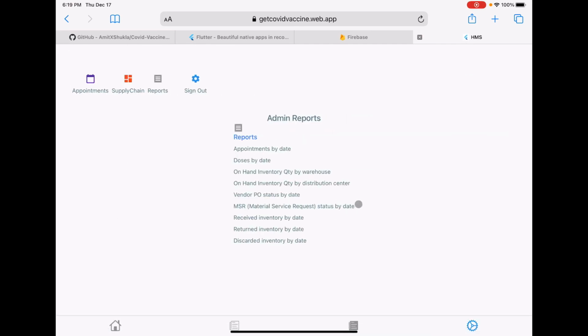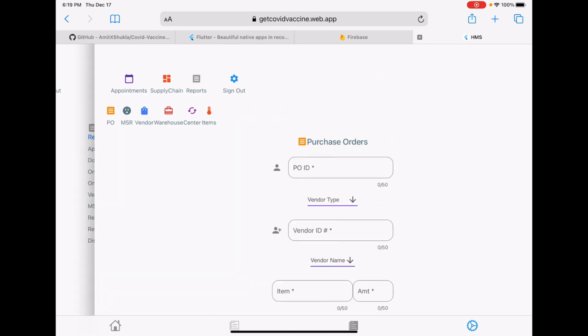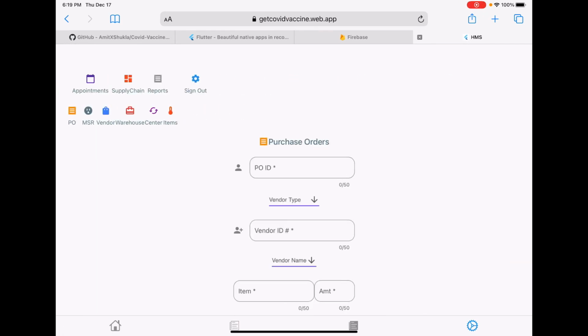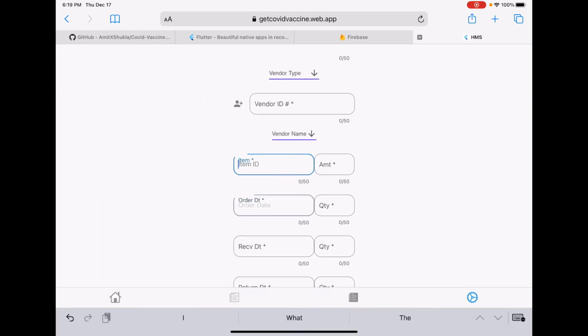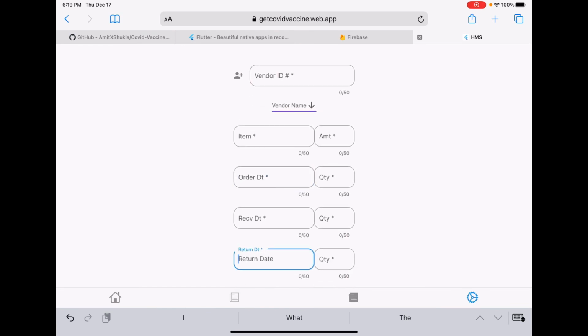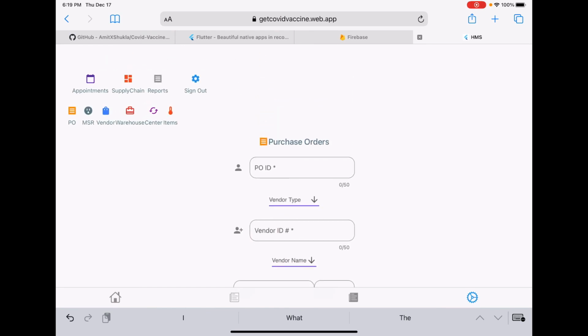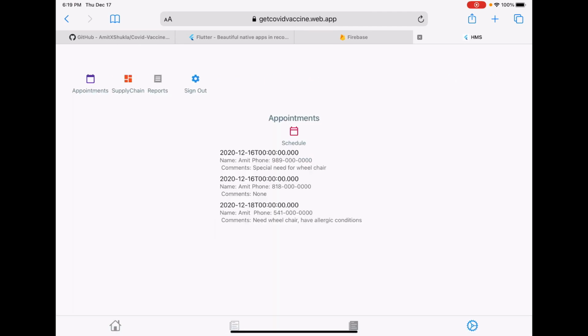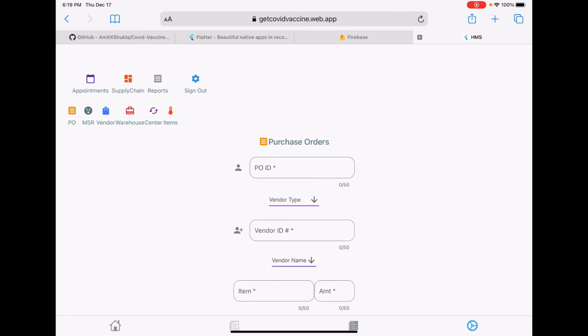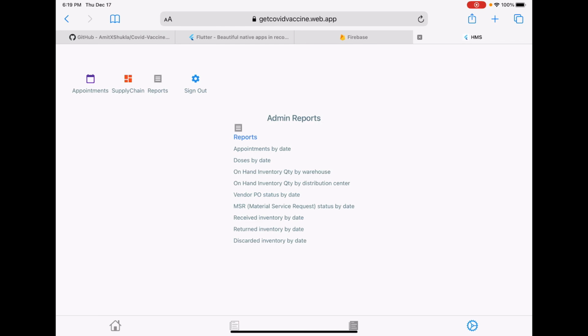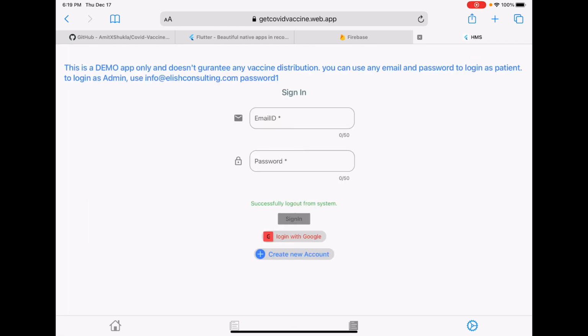Again, the essence of this application is trying to give you, at any given point of time, how many quantities a local distribution center has on hand. That aspect, in my opinion, is very, very important. Suppose there are 100 different local tiny vaccine centers, you always need to know, and you store the quantities only of what you are supposed to store. So this supply chain aspect of this application also helps healthcare to use vaccine, and you make sure that your vaccines don't get discarded. You make the best use of it. So again, this application deals with the supply chain perspective.